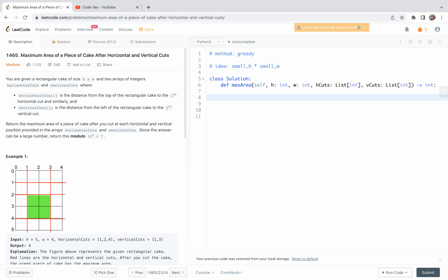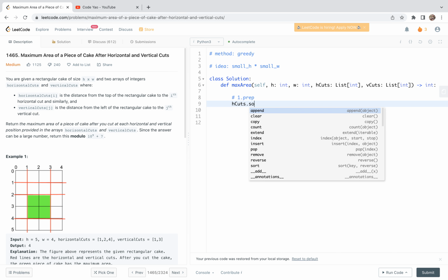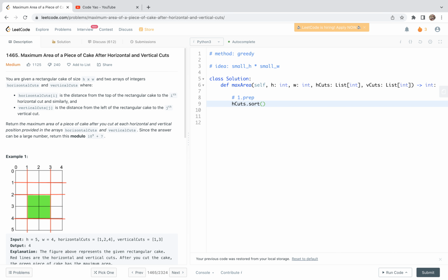First, I'm going to do the preparation. So for the preparation, basically, I would like to first sort this cart list. So here I changed the name a little bit to make it easy to write: horizontal carts and vertical carts. So first, I'm going to sort the two carts in place, and then also we'll sort this one in place,